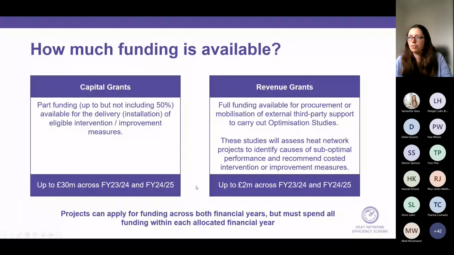So as I mentioned before, the funding that's available is split into 2 pots. So we have our capital grants and our revenue grants. On the capital grant side, this is part funding, so up to but not including 50% of the total project cost, and that's available to actually implement measures. So to change pipes, to replace HIUs, to actually make tangible interventions that will really improve the efficiency of the heat network. And the budget pot for that is up to £30 million across the 2 financial years, 23-24 and